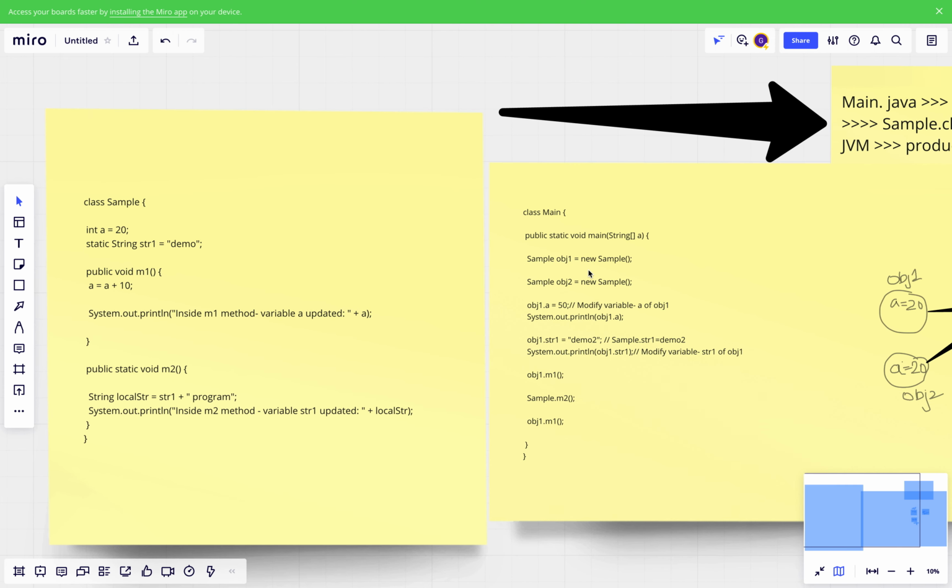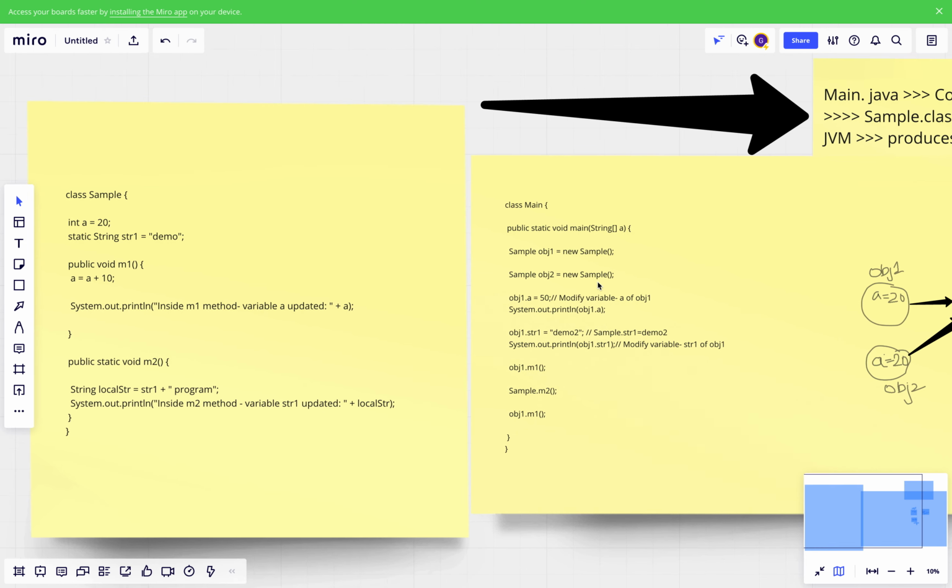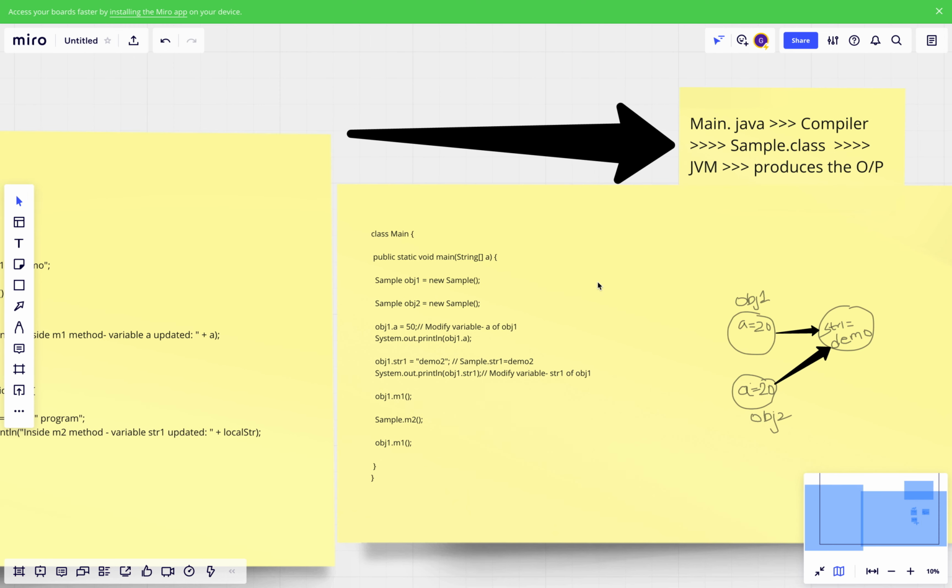Whenever you create a Java file, suppose I have created a Main.java file, and inside the Java file I have two classes defined. Out of them, in one of the classes we have a main method. Whenever you want to run this class, first you need to compile it. The Java compiler takes care of that.